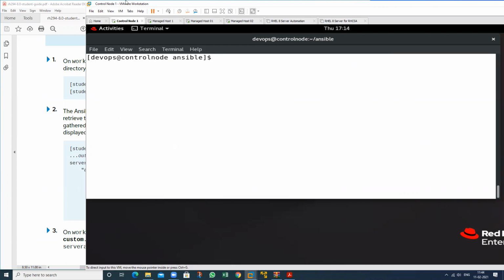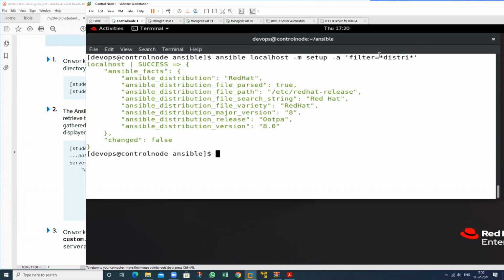We have some mistake in this. I have missed the hyphen a for argument, so I want to place the argument. But I do not know what my distribution is, so just star here and star here. So it will show what your distribution is. So this is the whole command.